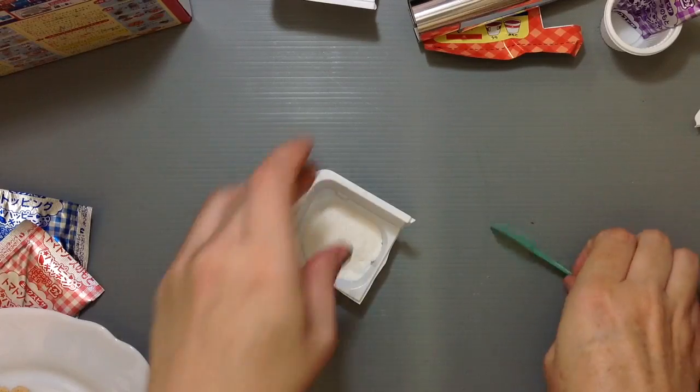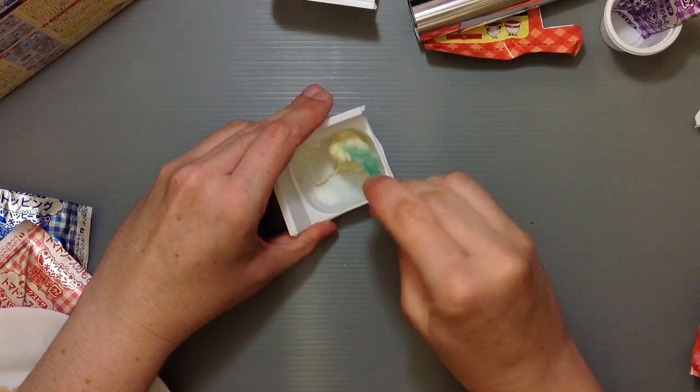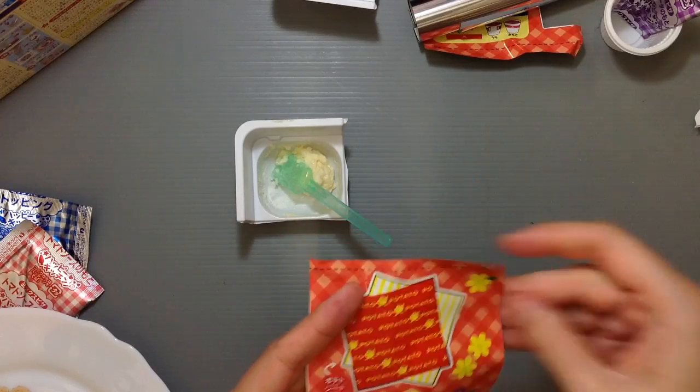I'll mix this up good. It's so weird. It tastes like cheese. I'm going to put that on this little piece that I have here, and actually before I do that I'm